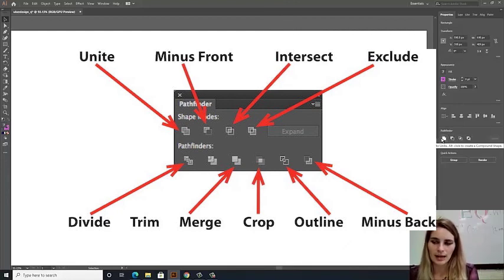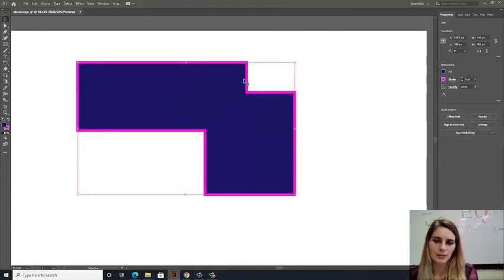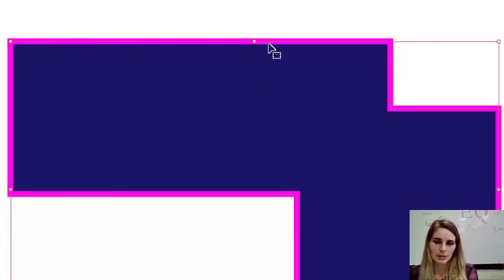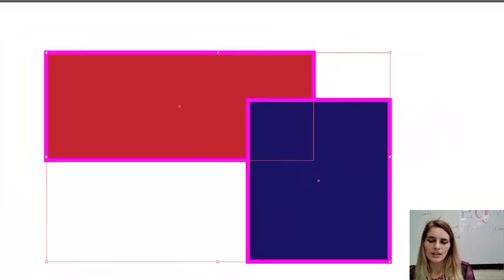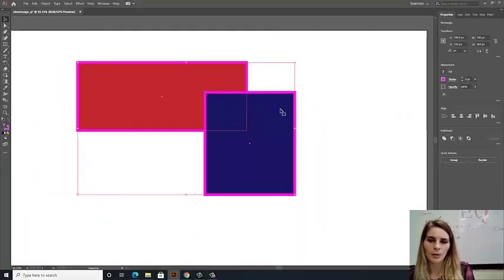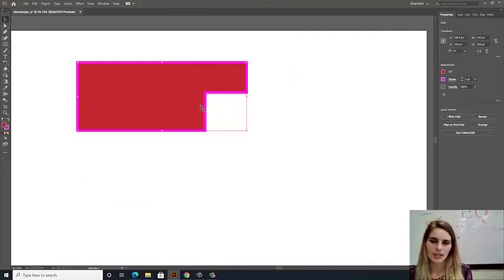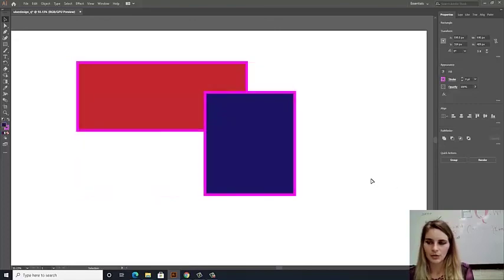My first option is uniting or merging all the shapes to create one compound shape. If I click on that, notice that the borders between the shapes were erased, and now I just have this complicated compound shape that's basically built from both of these shapes together. My second option is the minus front. With this option, whatever shape is on top will be subtracted from the one on bottom, kind of like a cookie cutter going into cookie dough. So if I click that, notice that this shape which was here just cut into this shape and disappeared. So now this shape has a special curve in it. Now I'm going to share with you